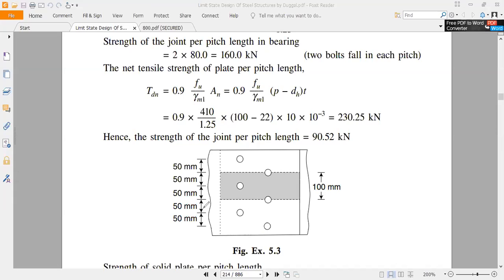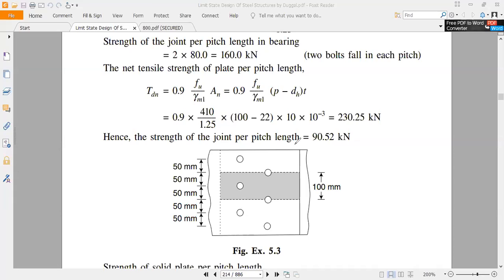Okay, this bolt and this bolt line should be in a spacing of 50 millimeter. Along this bolt and this bolt is placed with a spacing of 50 millimeter center line. Okay, center of the bolts 50 millimeter. Then every bolts are placed in 50 millimeter spacing. So this is mentioned.